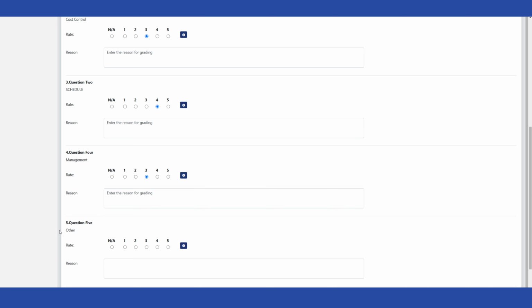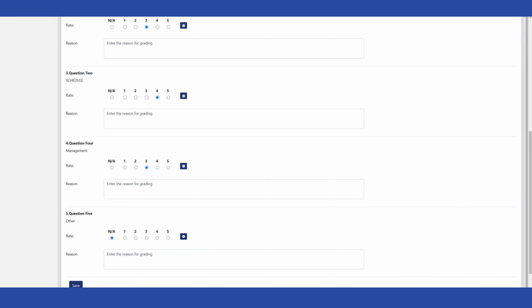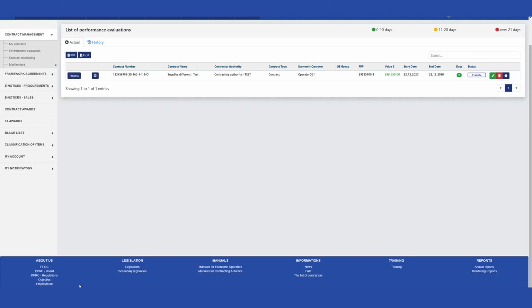Under the fifth question, Other, if the manager has no additional information to add, please select NA. At the end, having concluded responses to all questions, the manager clicks on Save. Afterwards, the system automatically returns to the Performance Evaluation main menu, namely to the Performance Evaluation list, and note that